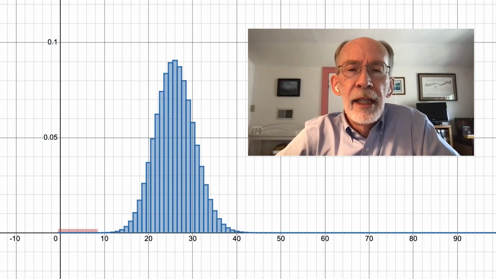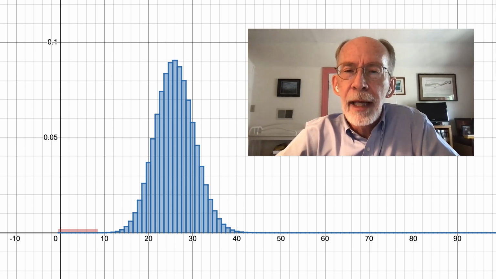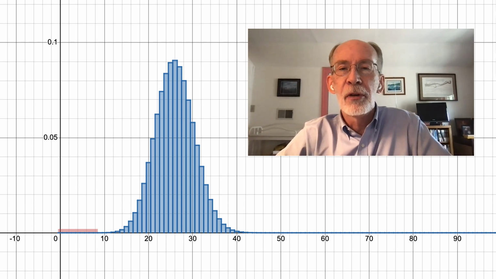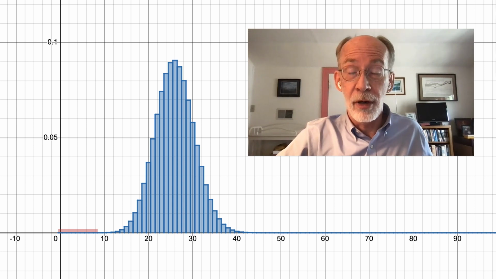You'll see on the screen the relevant binomial distribution. So this is for n equals 100 and p equals 0.26. What you're looking at is the probability distribution for the number of African American jurors you would expect to see in this jury. And unsurprisingly, it's centered at 26. If 26% of the population is African American, you would expect on average to get 26 African American jurors out of a given 100 in a random process.